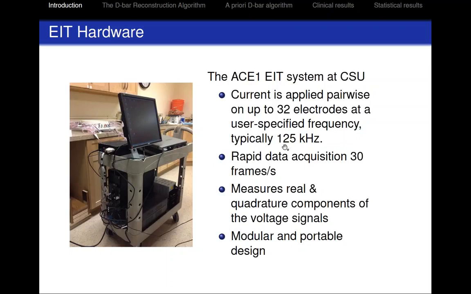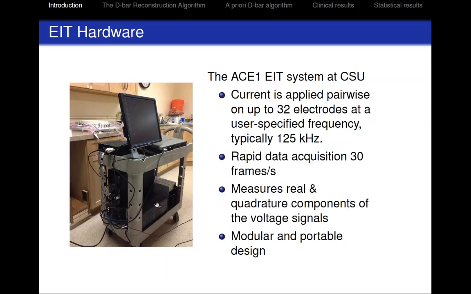So what we do in data acquisition is apply current pairwise on up to 32 electrodes at a user-specified frequency, which is usually 125 kilohertz. The data acquisition is approximately 30 frames per second. We measure the real and quadrature components of the voltage signals on the electrodes, which in this picture are on the tank. And we have this modular and portable design so we can swap components out if we need to